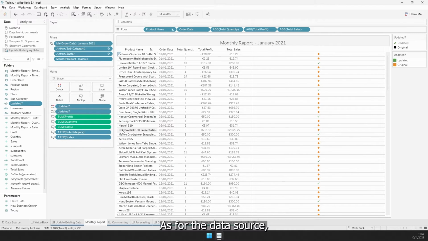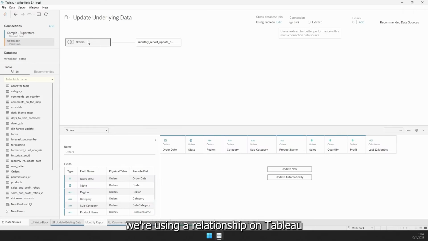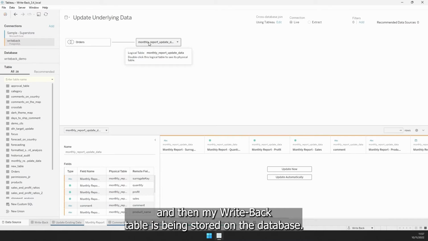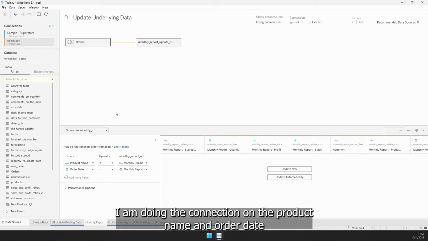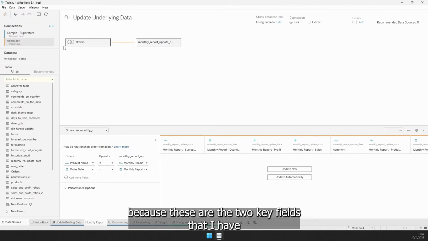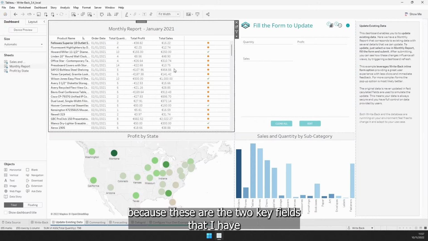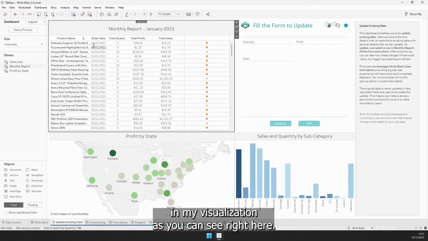And similarly, the updated field is also conditional on whether there's data for RightBack or not. As for the data source, we're using a relationship on Tableau between the original source of data, which in this case is an Excel sheet, and then my RightBack table is being stored on database. I'm doing the connection on the product name and order date because these are the two key fields that I have in my visualization. So as you can see right here,